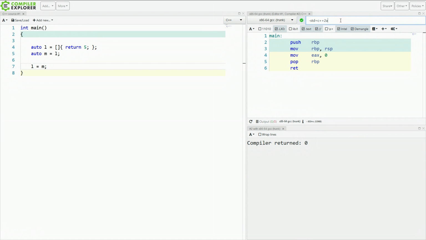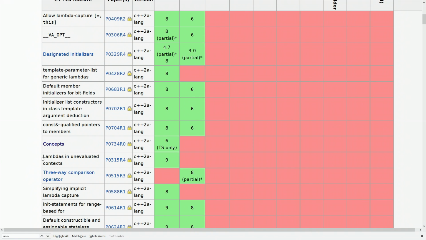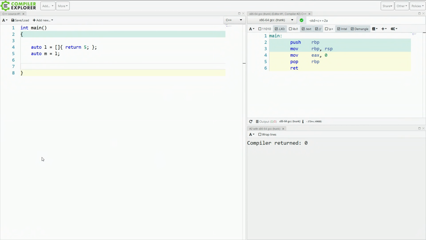This is kind of in a way just removing unnecessary restrictions in the language, but it does actually provide us with a couple of really useful possibilities. So I'd like to also point out one more thing that has been added in C++20. You might also notice here, lambdas in unevaluated context was added in C++20. And you might wonder again what that means. So let's go back to this decltype. If I now am in C++20 mode still,